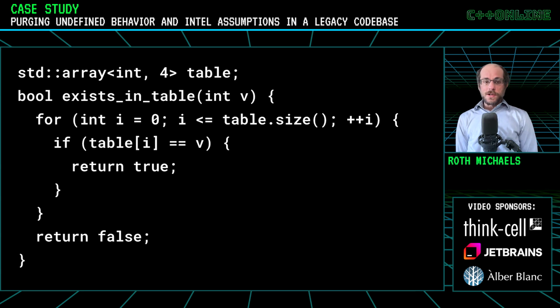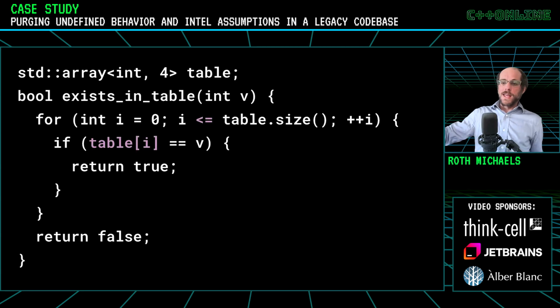And you'll see there's a bug in this program, because normally we would want to write this loop as, well, i is less than size. Because if we have less than or equal to size, in this case, on the last iteration of the loop, i would be equal to 4. And then in the if, when we dereference the 4th element of table, or the index 4, which is the 5th element of table, that's past the end, and that's undefined behavior, reading past the end of the table.